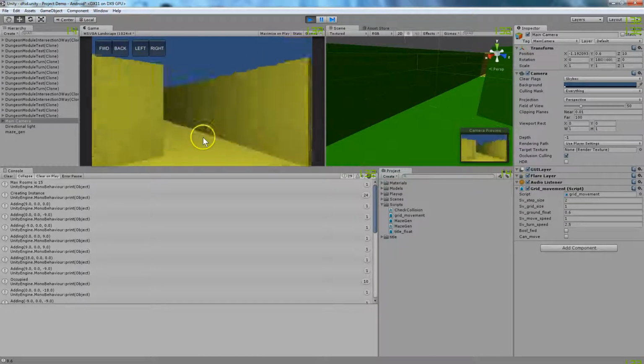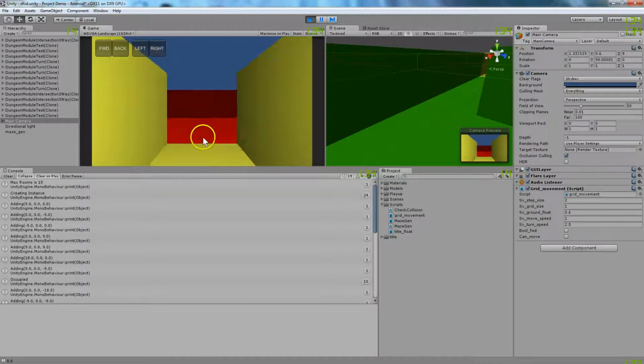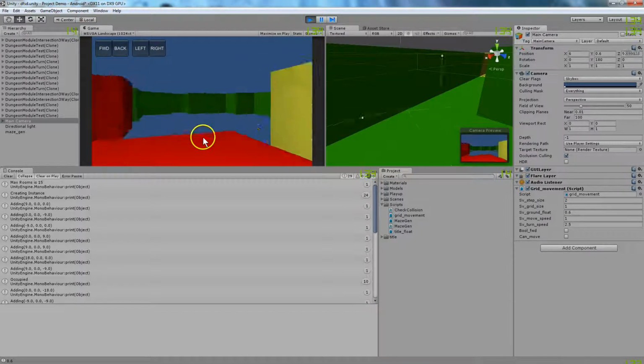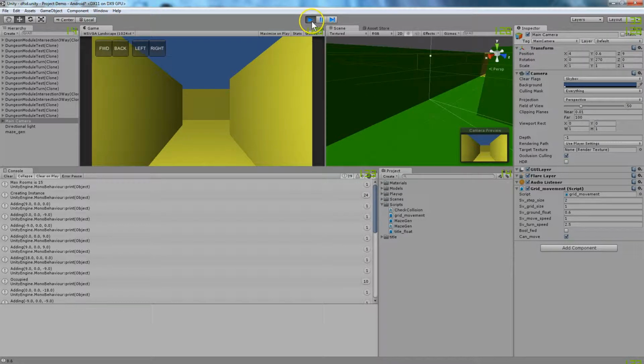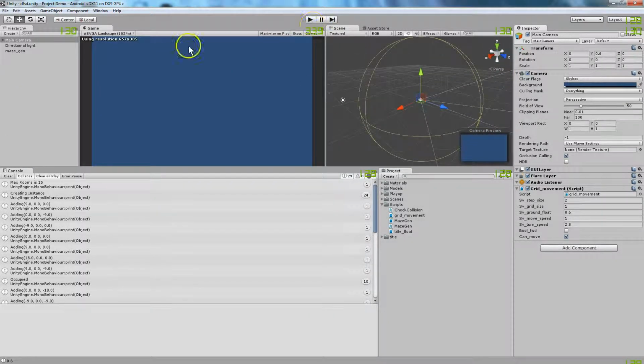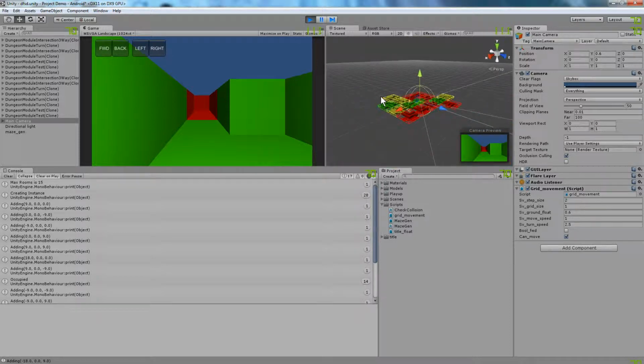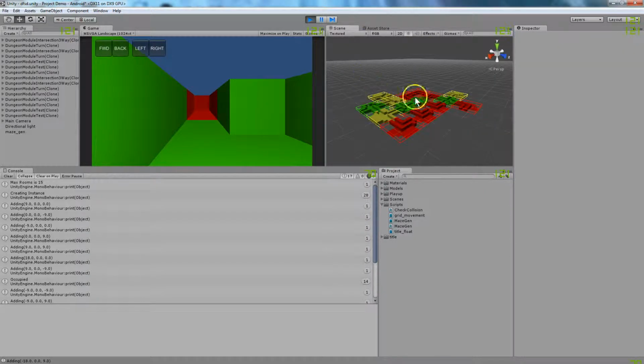Didn't really know how to program, so taken time to learn a bit of that. And obviously, there's not much to do here except just walk around in a mostly empty maze. I'll stop that there. Hit play. You can see that what I've got over here is it generates it from a sequence of pieces,